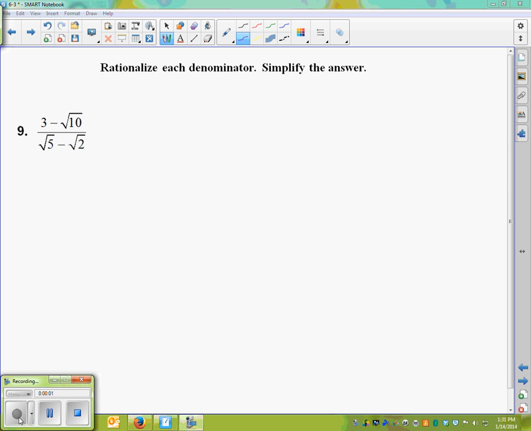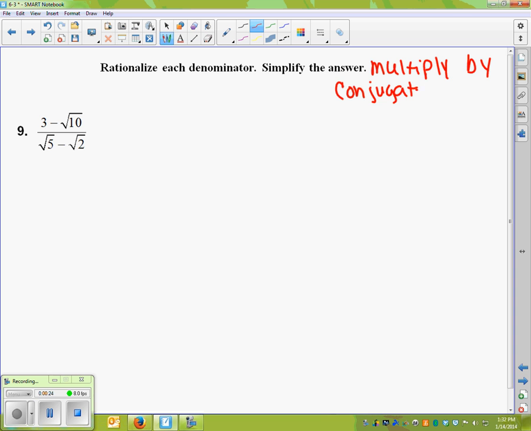In this portion of lesson 6.3, we are going to divide with binomial radical expressions. We have to rationalize the denominator. In order to do that, we multiply by the conjugate of the denominator. What I mean by that,